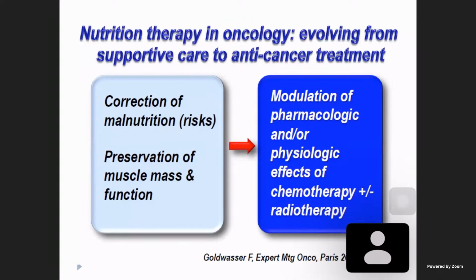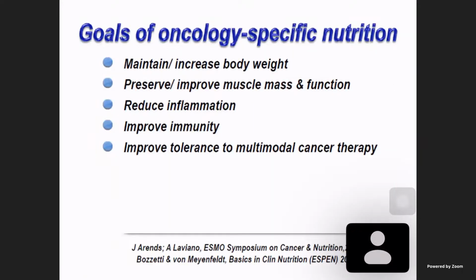So nutritional therapy in oncology is an evolving supportive care to anti-cancer treatment. We need to correct risks like malnutrition and preserve muscle mass and function, which can also affect the dose limiting toxicity and even modulate the pharmacological and physiological effects of treatment. So the goals of oncology specific nutrition are to maintain or increase body weight,